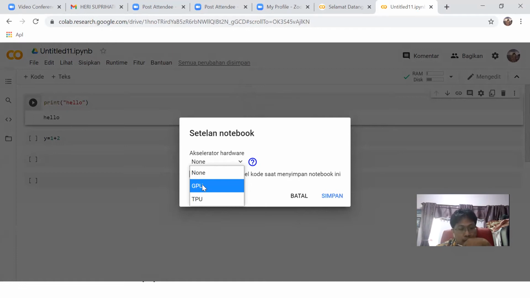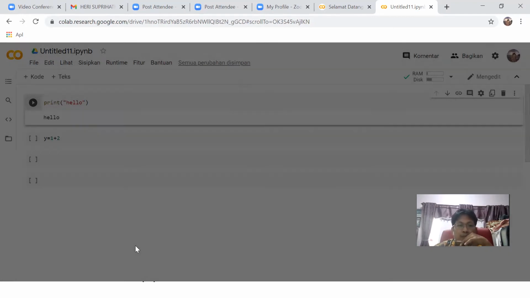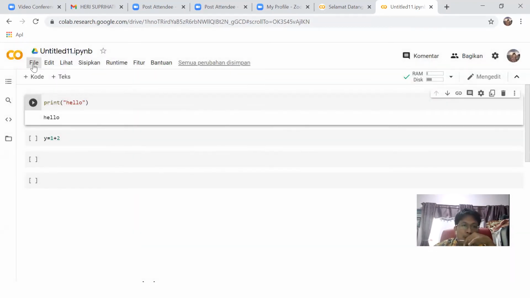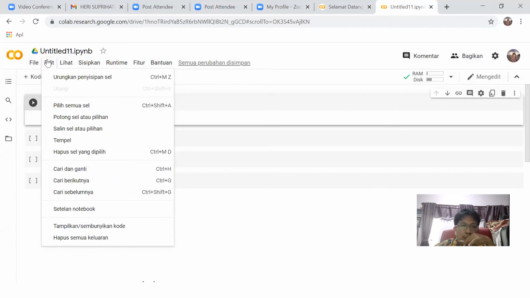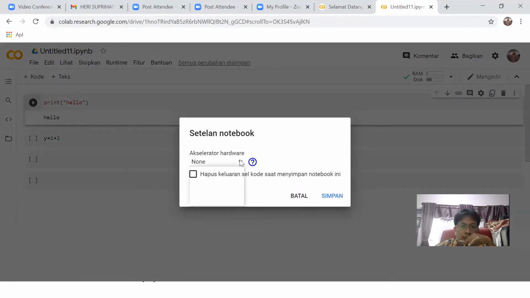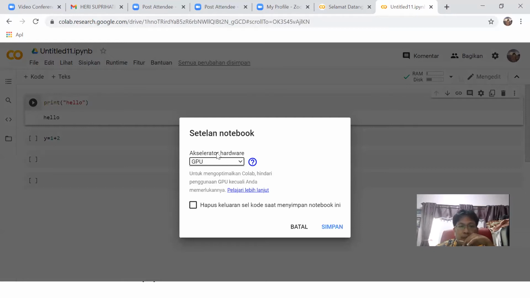Actually, we have a GPU in our laptop, such as GeForce, NVIDIA, etc., but not all laptops have a GPU. If we want to use the GPU, we can check the accelerator. Okay.